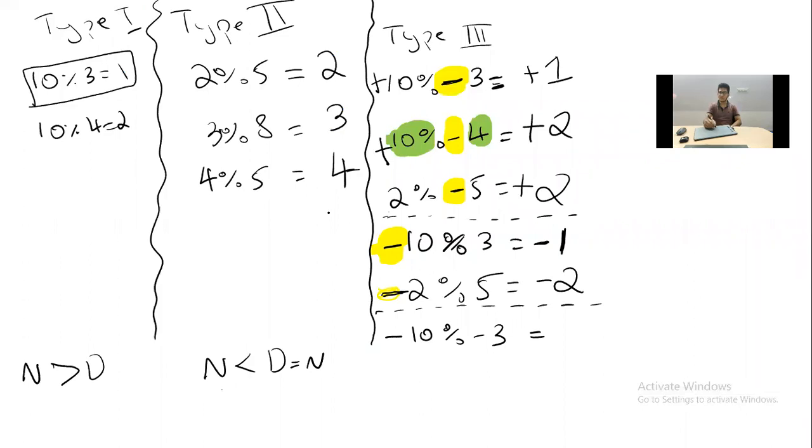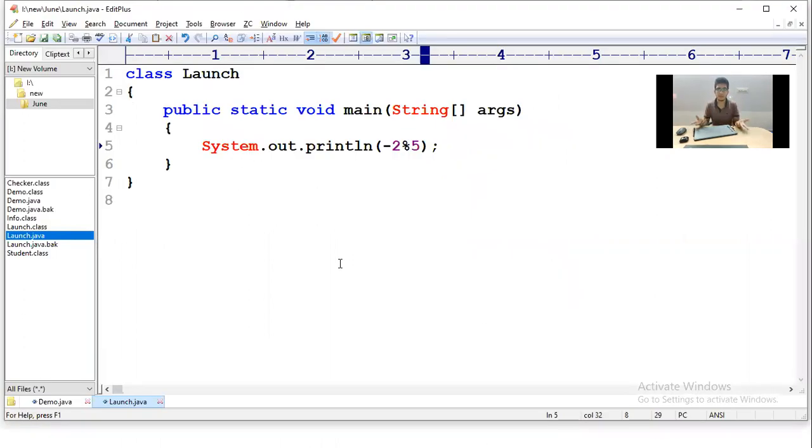10 mod 3 is 1. People will be thinking like that, because negative negative cancels, because from childhood till now you have been believing that if the numerator is negative and the denominator is negative, the answer is positive. That is there in normal division, normal multiplication. But this is a modulus operator, and in the modulus operator it is not like that.